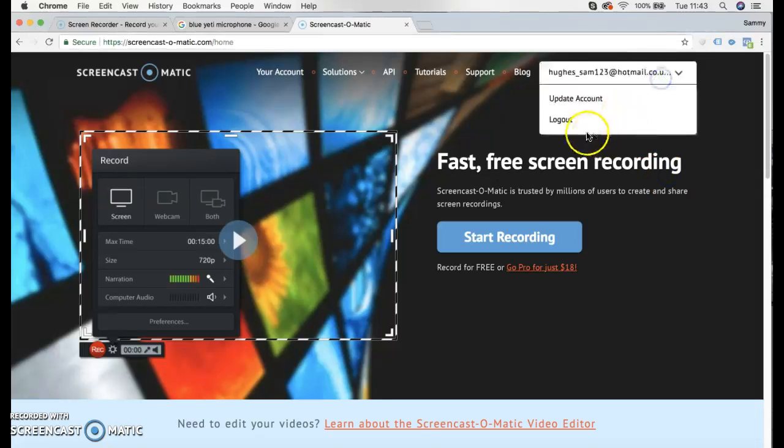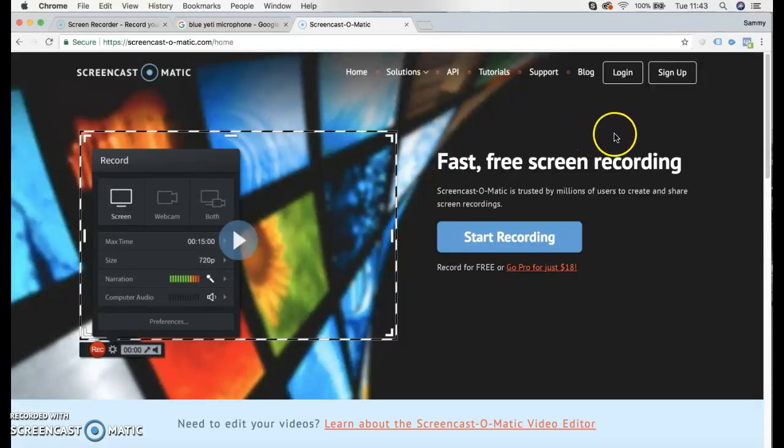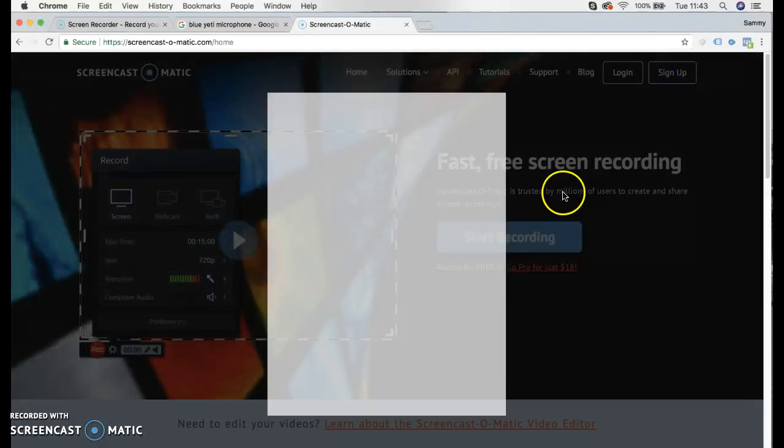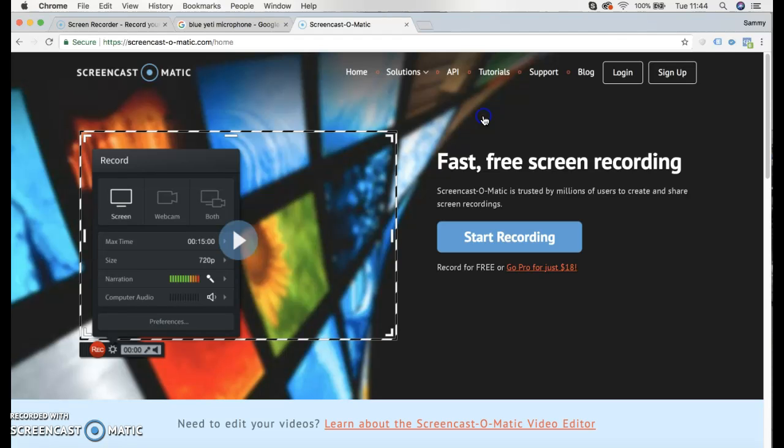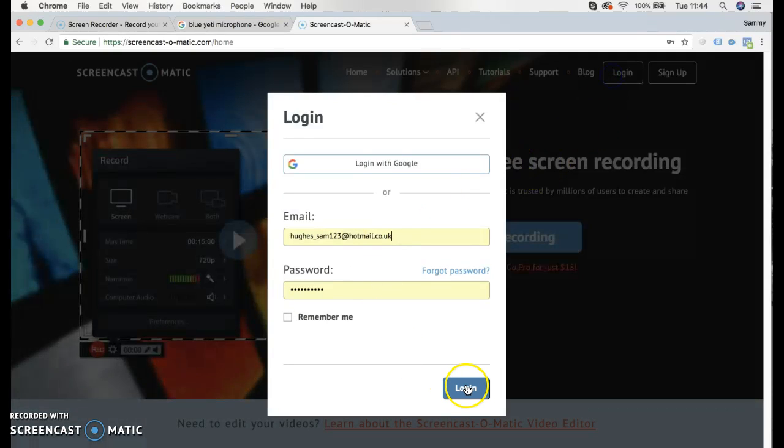it's really simple. Just press sign up and simply put in your email address, whatever you like, wherever you receive your emails from. You'll be given a confirmation page, set a password, and you'll be directed